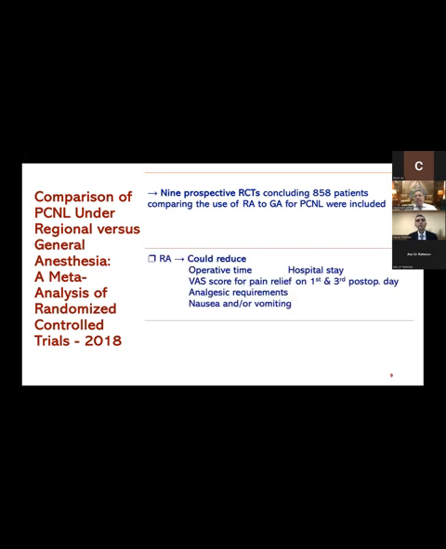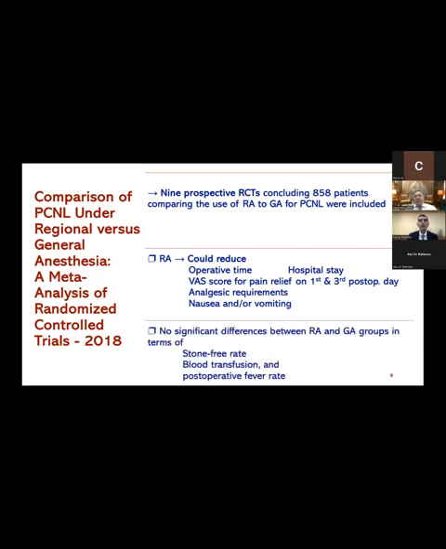What regional anesthesia, what they conclude based on this trial, the meta-analysis, is that regional anesthesia could reduce the operative time, it could reduce the hospital stay, and the VAS pain score, visual analog scale for pain relief, on the first and third post-op day. The analgesic requirements are less, and there is less nausea and vomiting. However, there is no significant difference between regional anesthesia and general anesthesia groups in terms of stone-free rate, blood transfusion,